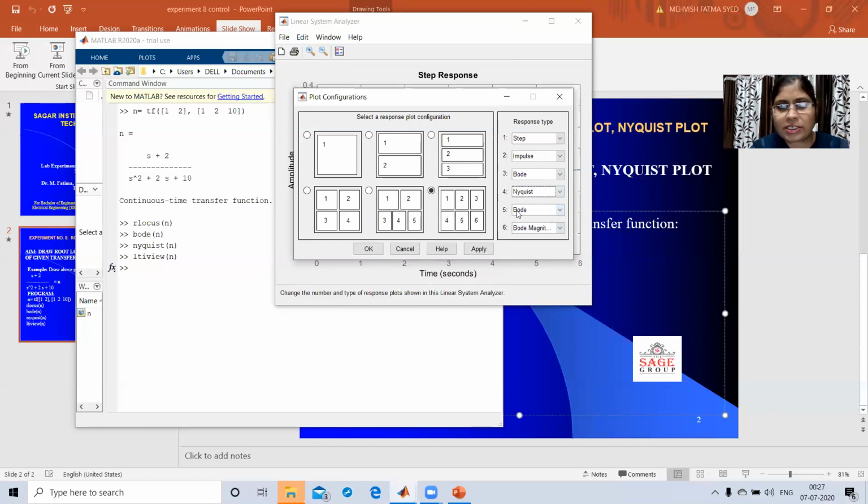Now go to the next plot. I want to change this. Click on arrow and see. Now I want to plot the Nichols plot. Now next, last one, I want to draw pole zero map. So these three plots are selected here. Now click on apply and then click on OK.